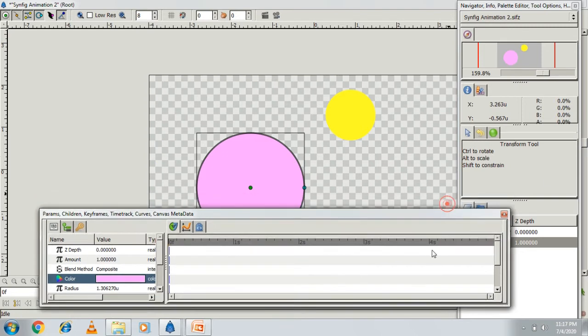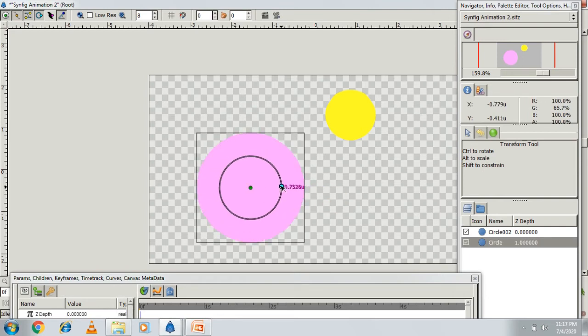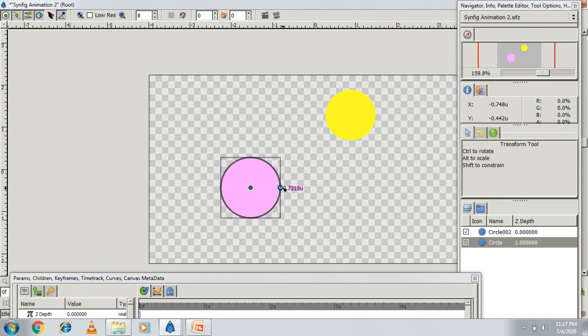Now suppose you want to decrease the size of the circle, to make it smaller, you can do it this way. These are called ducks. This is your blue duck, this is your green duck. A duck is a handle that is used to control some parameter of a layer. So this is one kind of handle.